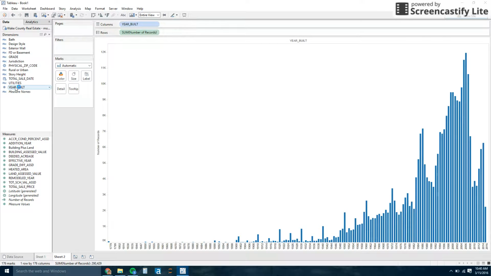If you drag in, so we got number of records, year built, so we can see that there was a building boom in the mid 80s, and then it went up again, starting around 94. That's pretty interesting. Let's look at how the houses got